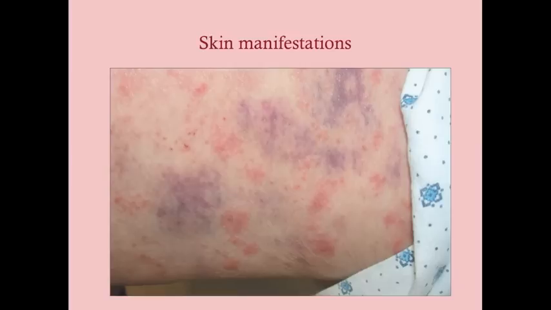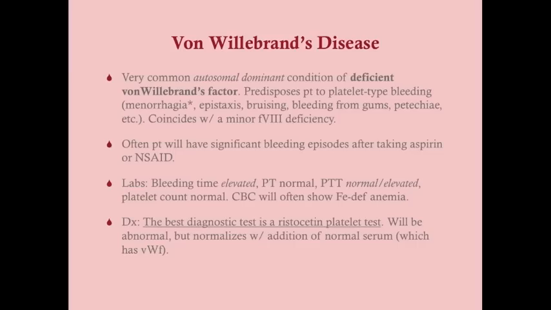Okay, so first we're going to talk about von Willebrand's disease. Von Willebrand's disease is the most common platelet disorder. It's autosomal dominant, and it is a deficiency of von Willebrand's factor. Remember, von Willebrand's factor is present both in your serum and your subendothelial lining, and it's responsible for that initial